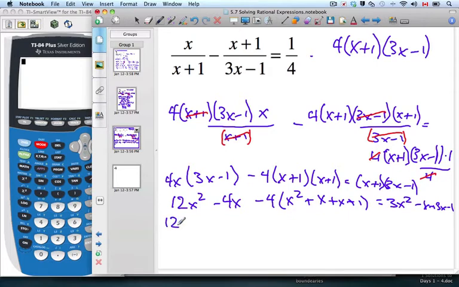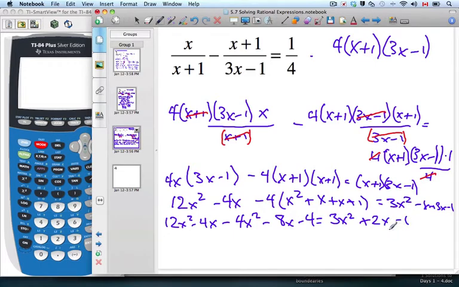I keep tidying up: 12x squared minus 4x minus, now I have to distribute the negative sign, be careful of this negative sign, of 4x squared. Now 2x times negative 4 is negative 8x, minus 4, equals 3x squared. Now if we remember, this was negative x plus 3x, so that's plus 2x